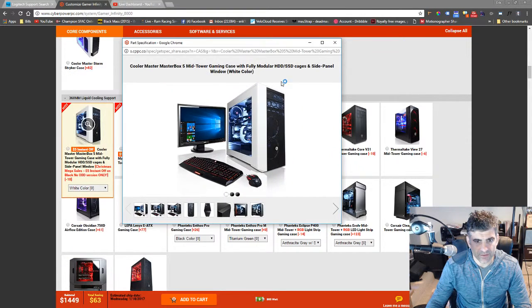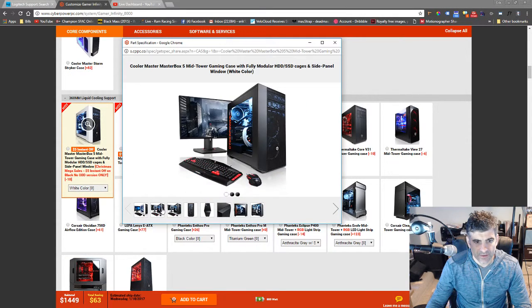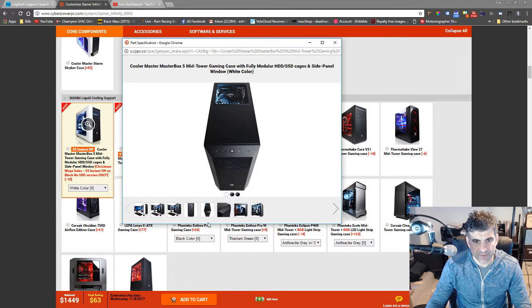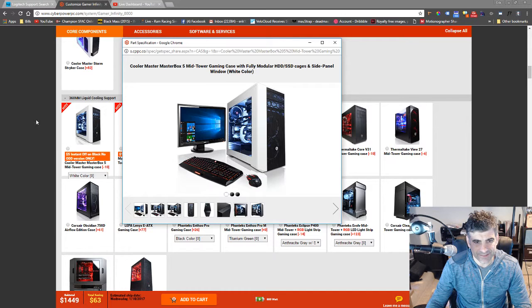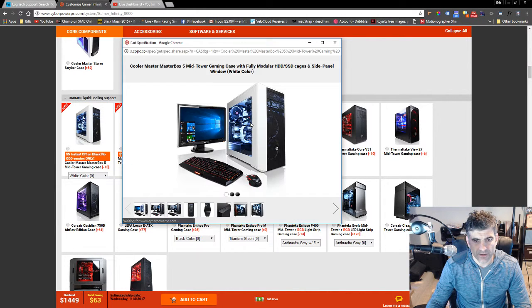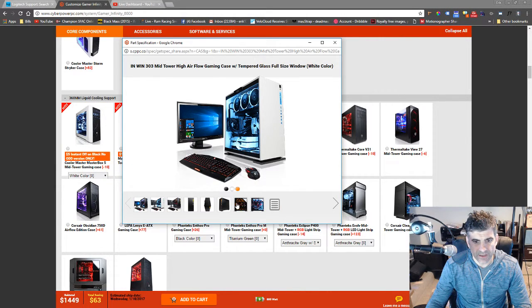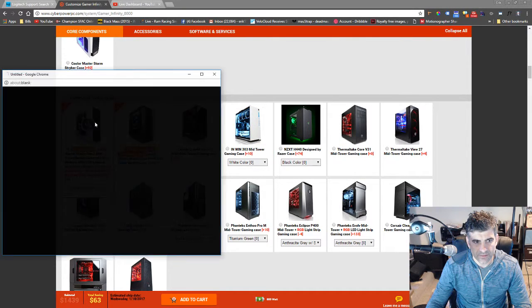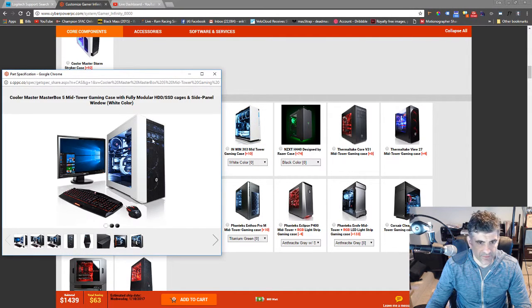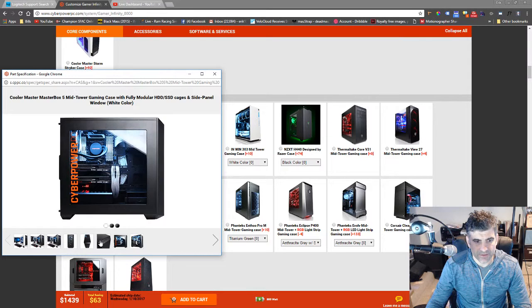Then you can go down into detail and see more of what it looks like. I'm not too fancy. I don't really care about what the aesthetics look like because I'm never really going to look at it, nor is anyone else. But here it looks like 3 fans. Well, that's the graphics card in there. And then here there's a bigger grill. Sometimes I like to see how many